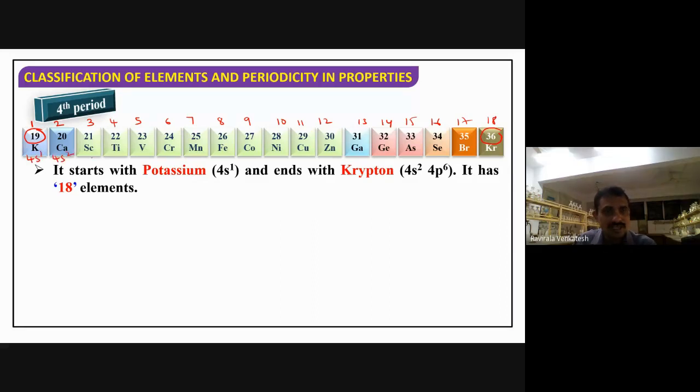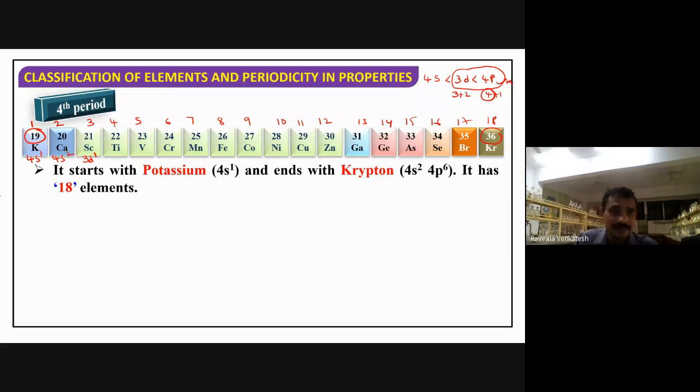4s2. Now, what will the electronic configuration be for scandium? Tell me, speak out. 4p1? 3d1. So 3d1. See, remember 4s: after filling the 4s, next we have to fill 3d. After 3d, we have to fill 4p. So don't give the answer blindly. After 4s, definitely 4p will be there, but remember, 3d has less energy than 4p. Why? Because in this case, 3 plus 2 is equal to 5, and 4 plus 1 is equal to 5, but the n plus l value of 4p is more, so 4p will definitely have more energy.